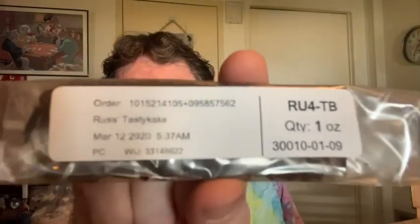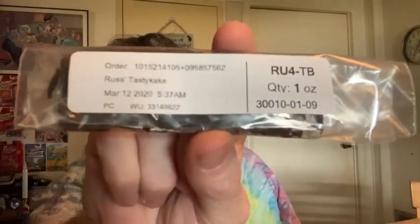Well, I wanted to try some, okay? And so I ordered some Russ Tasty Cake. If my memory serves me correctly, this is an English blend, I believe with some black Cavendish in it, but I don't really remember the specs on it, the exact tobaccos. But it is an English blend, and I've read some good reviews on it, so we'll